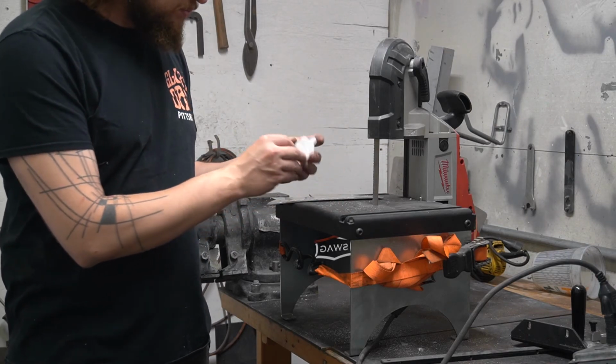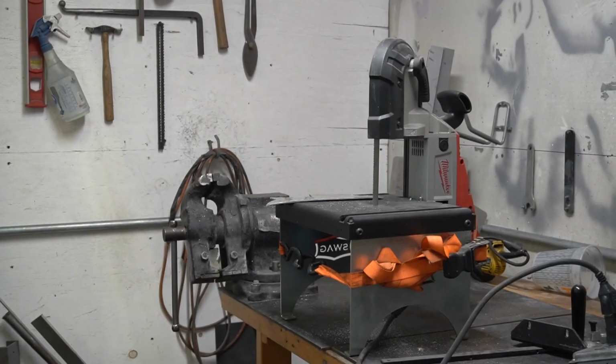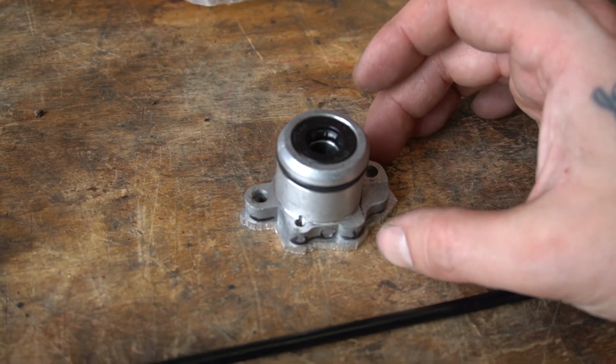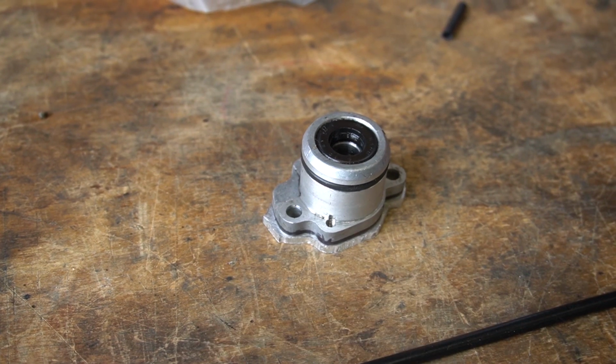Maybe not my best work, but I think it'll work just fine for what I'm trying to do here. I mean, honestly, that's really not too bad. Just shave it down over there, drill a couple of holes, and call it good. I mean, you should know that this level of care